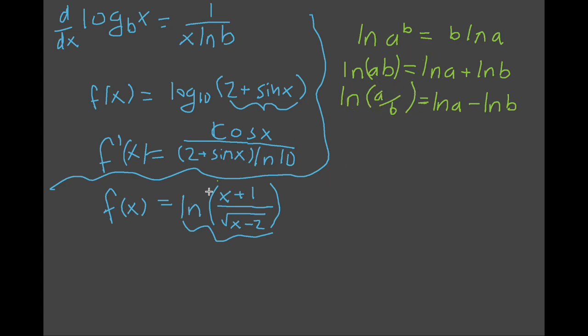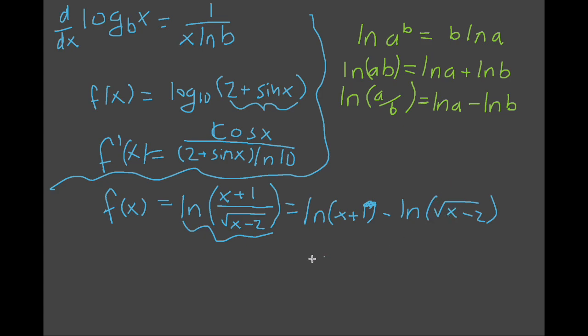Now, those will make it much easier to take the derivative of this function. And you may notice right offhand that our third law definitely applies here. So we can actually rewrite this as the natural log of our numerator minus the natural log of our denominator. Furthermore, to make it even easier on ourselves, because we're going to have a little bit of nested chain rule,